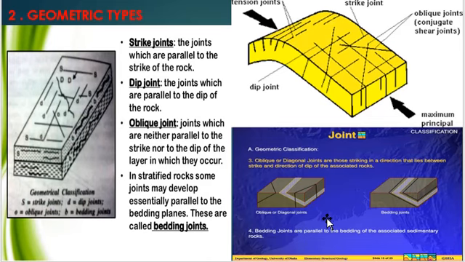So what are the examples of these joints? The examples of mural joints and seat joints are granite rocks. Columnar or prismatic joints occur in basalt rock. Examples of master joints are sandstone, limestone, marble and some quartz. And the examples of dip joints, strike joints, oblique joints and extension and release joints are inclined and folded beds. And the example of conjugate joints is amphibolite.